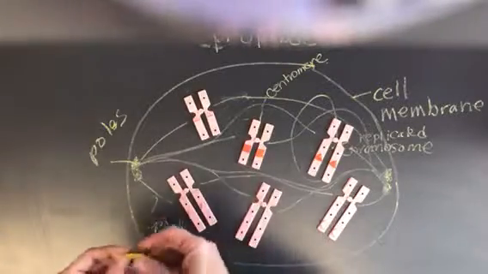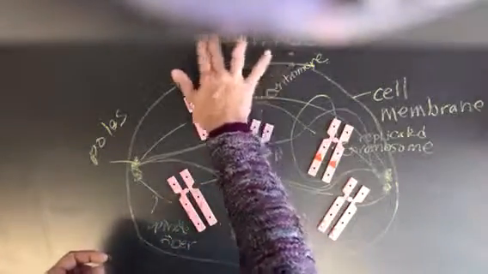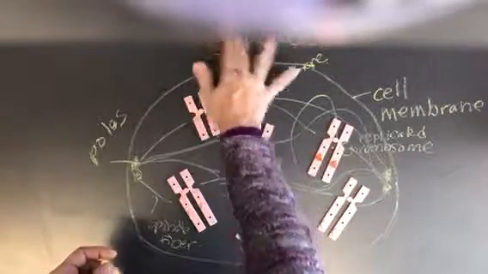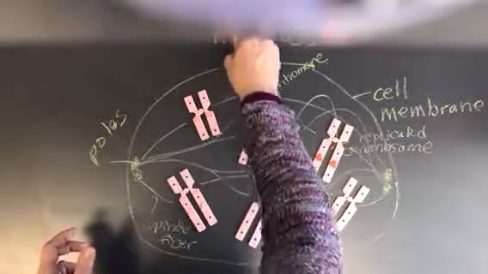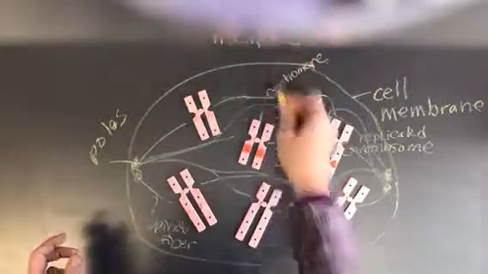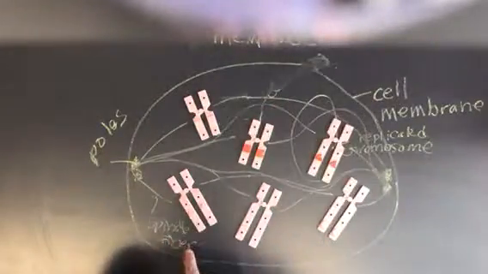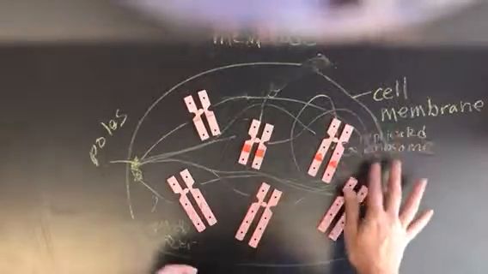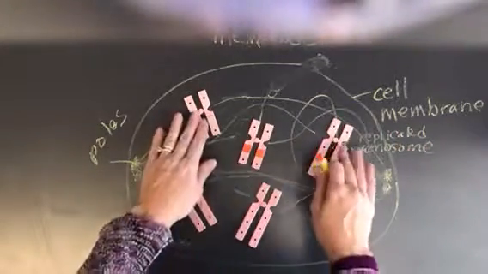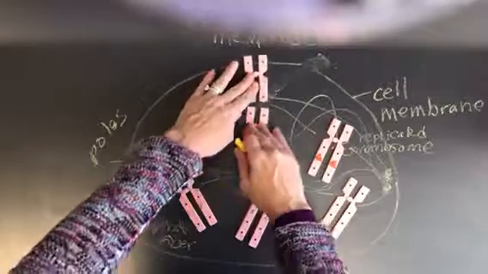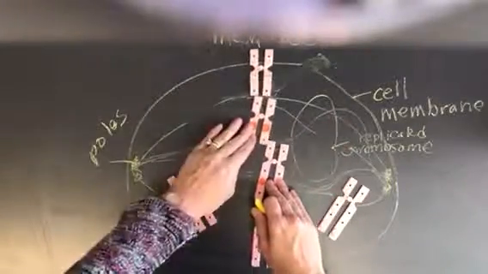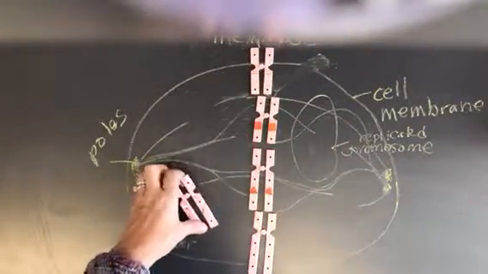So let's move on to the next phase, which is metaphase. And I like to remember metaphase, it starts with an M, and what happens in metaphase is that all the chromosomes get moved to the middle. So those spindle fibers, remember how they were attached to our replicated chromosomes? They're going to push and pull these chromosomes until they're all lined up down the middle of a cell,